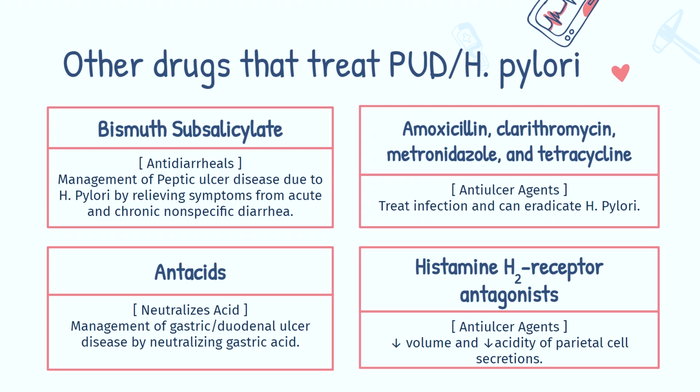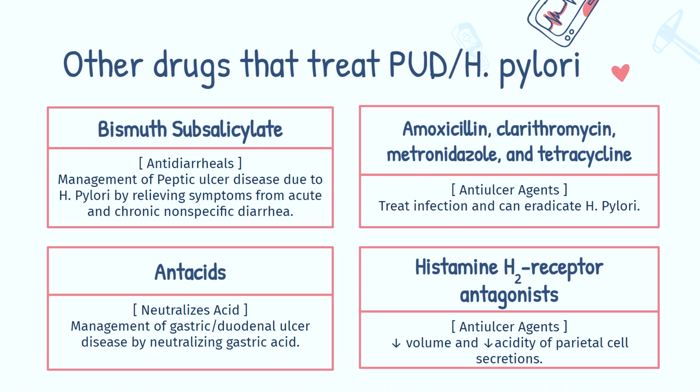Here are some other drugs that treat peptic ulcer disease and H. pylori bacteria. One of them is bismuth subsalicylate, and it's an antidiarrheal that is used for the control and symptomatic relief of acute and chronic nonspecific diarrhea. Some anti-ulcer agents such as amoxicillin, clarithromycin, metronidazole, and tetracycline also treat peptic ulcer disease, and their main goal is to treat the infection by eliminating the H. pylori bacterium. Antacids aim at neutralizing gastric acid, and the histamine 2 receptor antagonists are effective at suppressing the volume and acidity